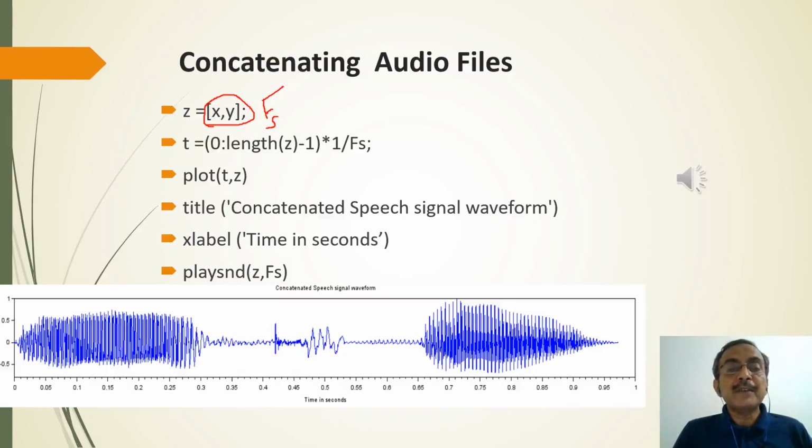So if they have the same sampling frequency, then they can be concatenated one after the other, and the total number of samples now will be equal to the sum of the number of samples in the एक x and दो y that we have. So this shows the concatenated file, and we can play this sound as well. एक followed by दो. So this file can then be stored, and we can do subsequent processing of this. So the concatenation operation is fairly simple, but the important point is sampling frequency must be the same.